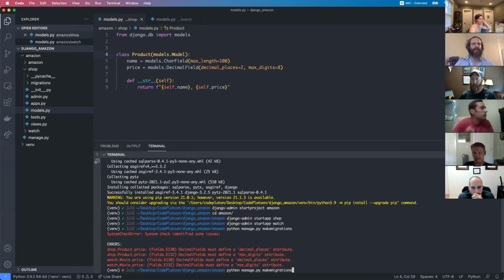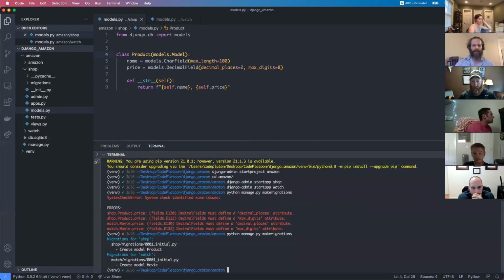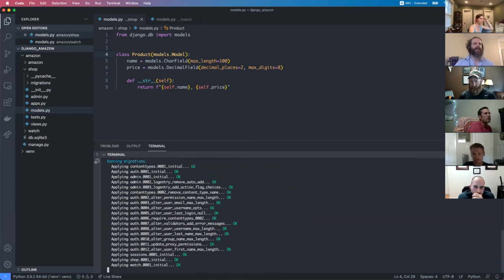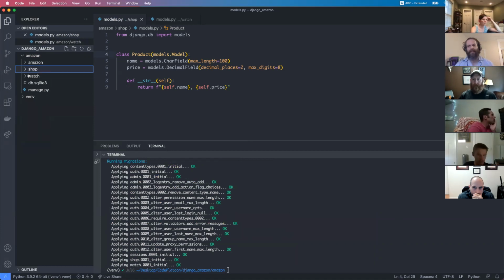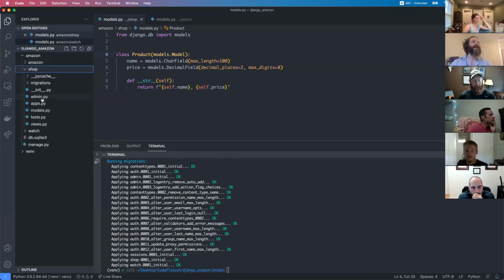All right, so I'm going to try to make migrations again. That works. And I'm going to migrate. All right, so I got all that stuff in my database. And the next thing I'd like to do is add some dummy data, but let's just say for whatever reason, I want to do that in the admin panel using the GUI instead of maybe via script or something, which if you're going to be working long-term on a project, you should probably use a script. But we'll set that up with the admin,